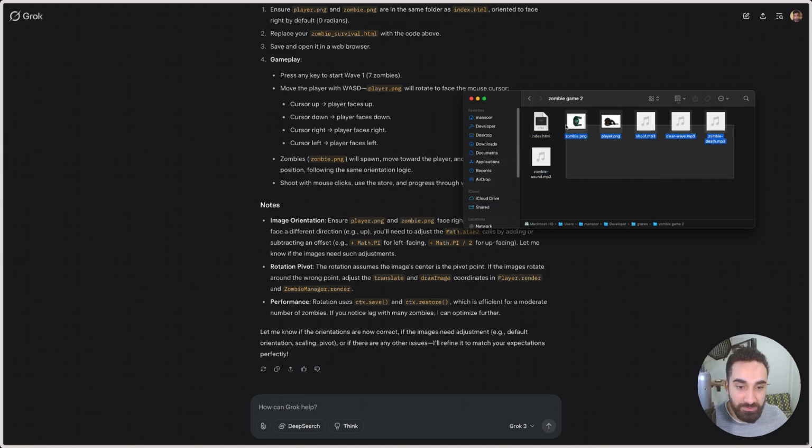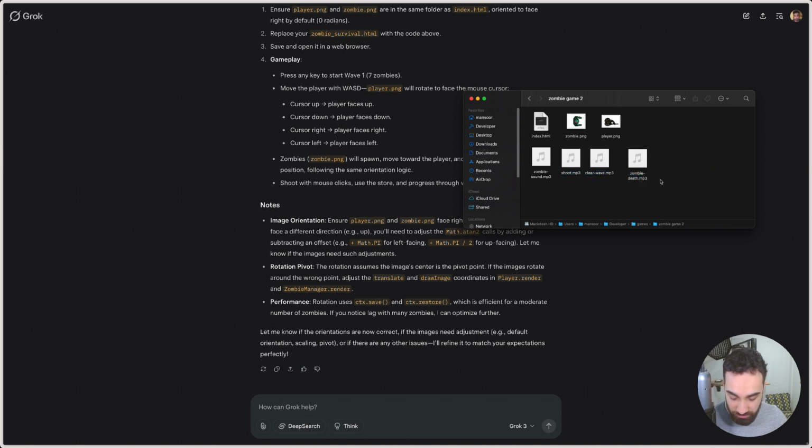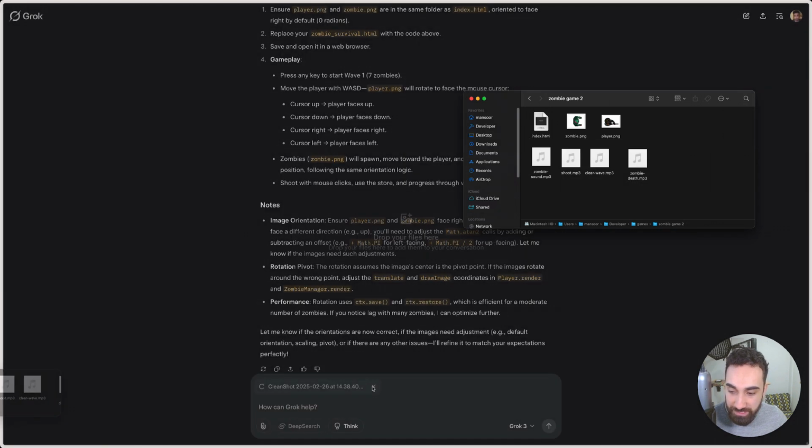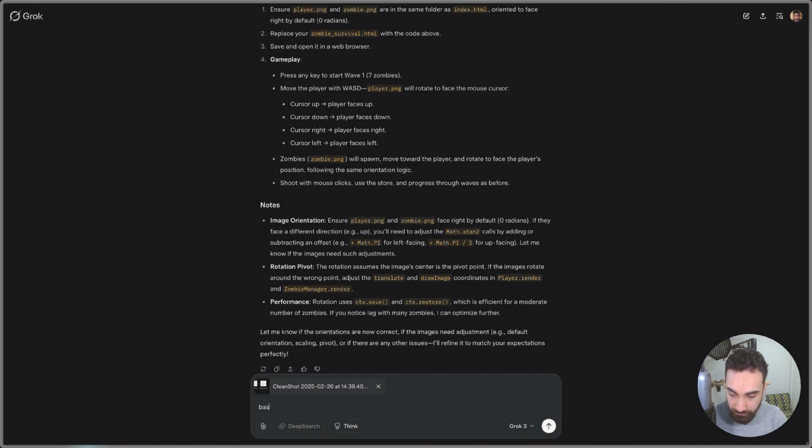So with these over here, let me just take a screenshot of them. If I paste them all over here, I don't want to type everything, so I think just taking a screenshot of the file names should be easier. I'm gonna paste them inside Grok, and now I'm gonna say, based on the file names from the screenshot, I